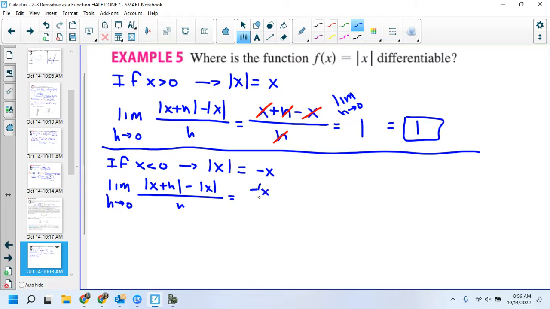Negative (x plus h) minus negative x, right? I'm just emphasizing that with parentheses there, because we're assuming that x is negative, so we've got to flip it to be the opposite. Watch what happens. Negative x minus